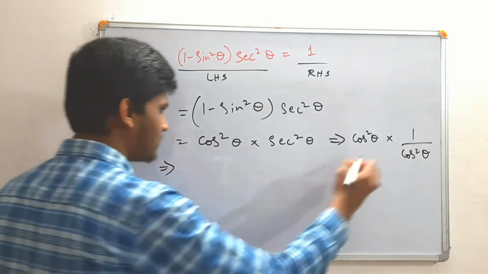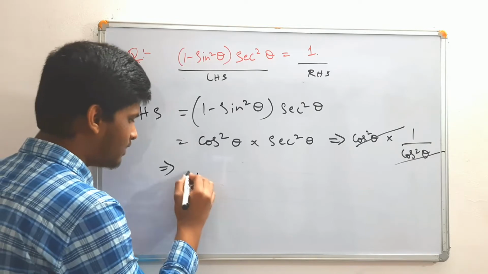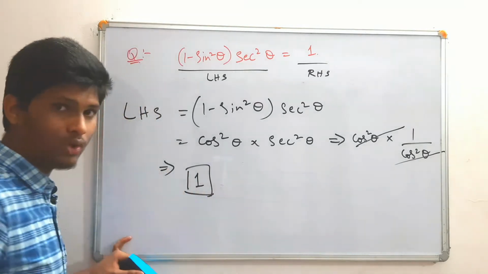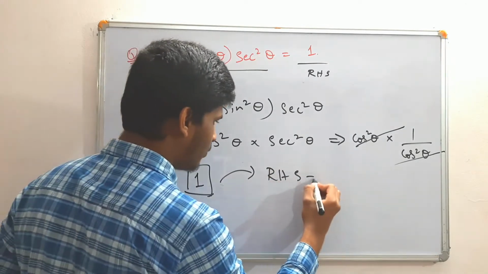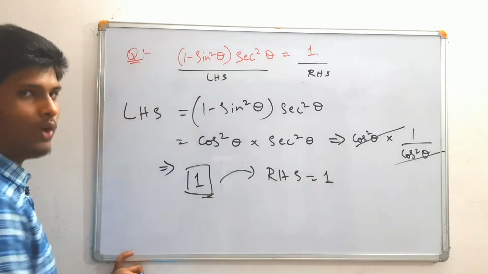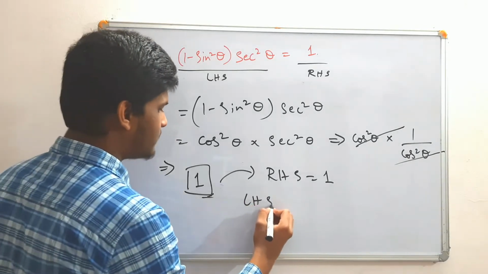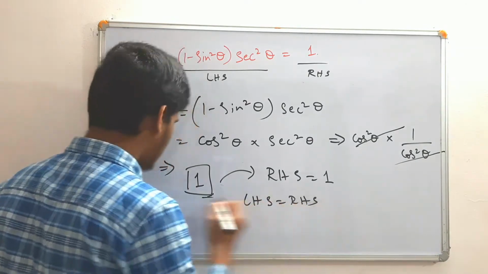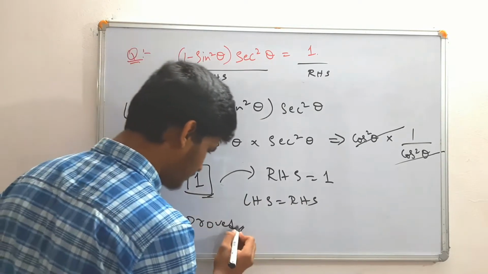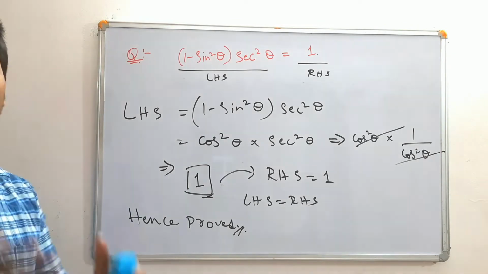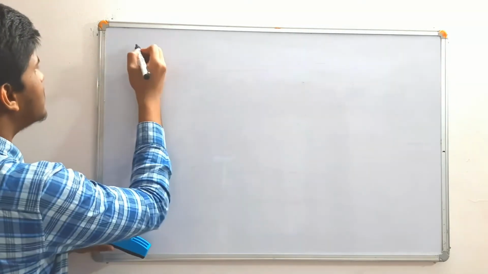So this one and this one get cancelled, and we are left with 1. We got the value 1, and RHS is also equal to 1, so they are both equal. Hence LHS is equal to RHS, hence proved. That's it, very easy. Proving is very easy, most important and mostly asked in exams. So the next question is